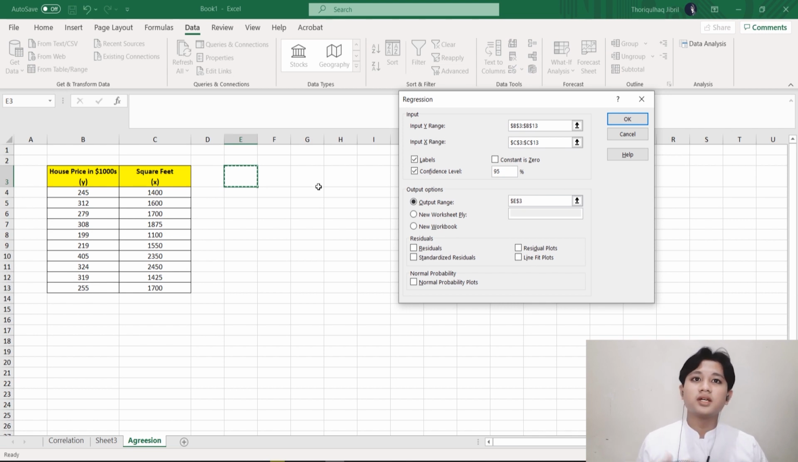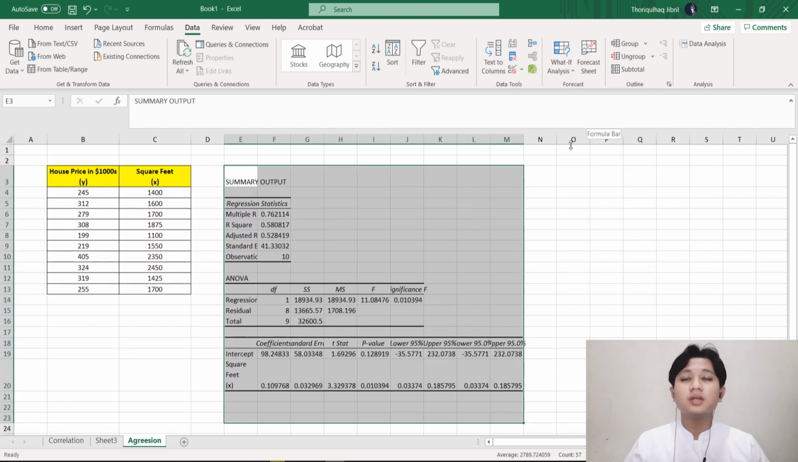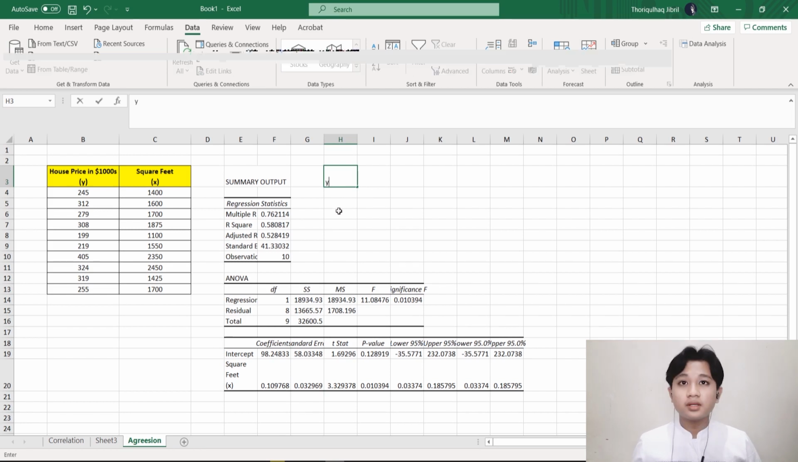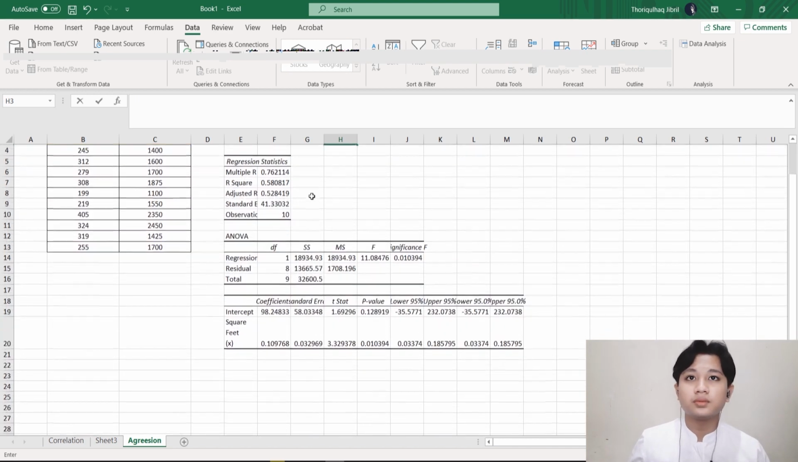You can choose the new worksheet by clicking this, but I choose to use the space here for the output range. Then click OK. Okay, here the summary output. Then we have find the regression y equal to here